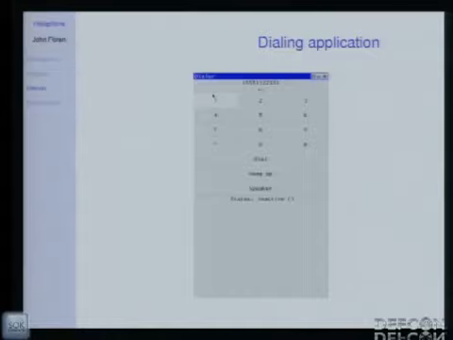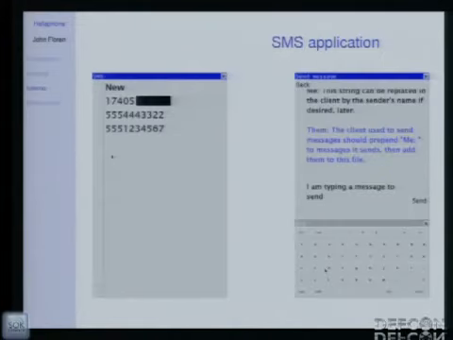So yeah, we've got a very, very primitive dialing application. Definitely could be better, but it allows you to do everything that you might want. Make a phone call, receive a phone call, put someone on speakerphone. And we've got an SMS application. We took a very simple approach with this. We just keep the conversation log in a plain text file, and when a message is received, it's put into that text file. The SMS application polls the modification time on that text file, and if it sees that it's been modified, it rereads it and displays it here for you.